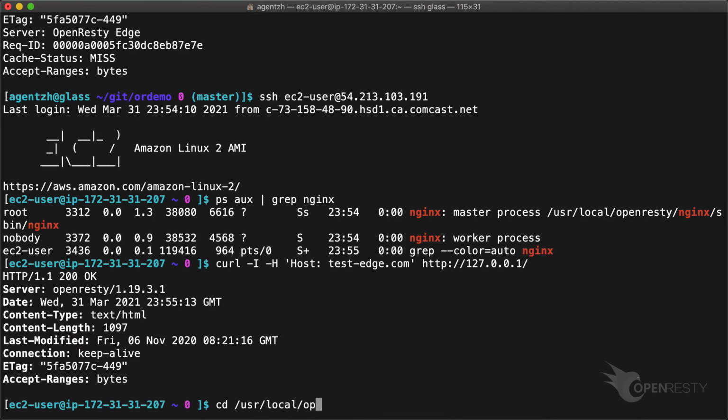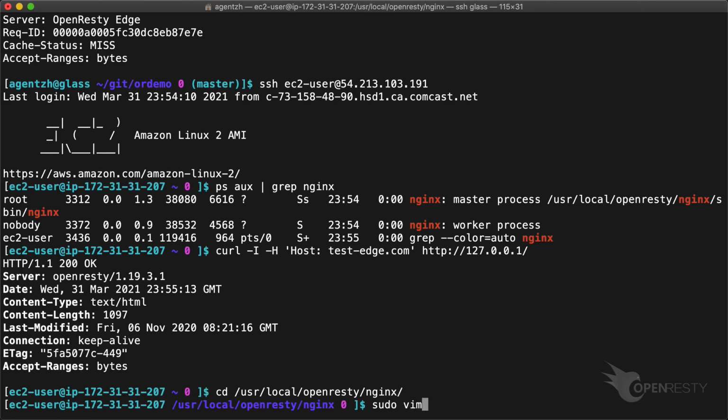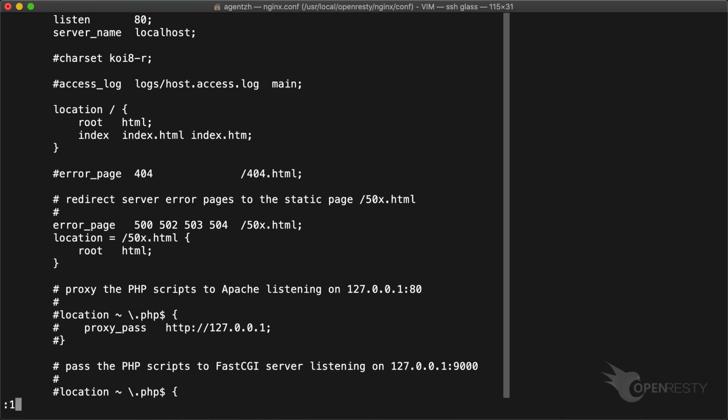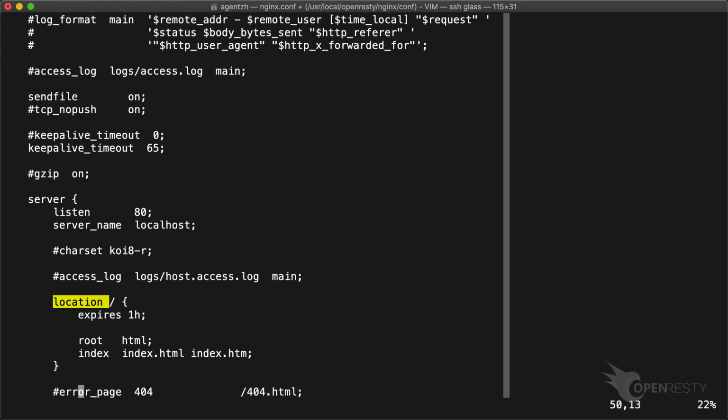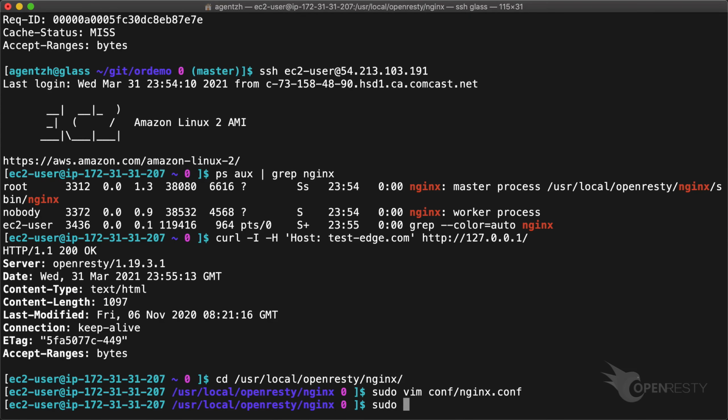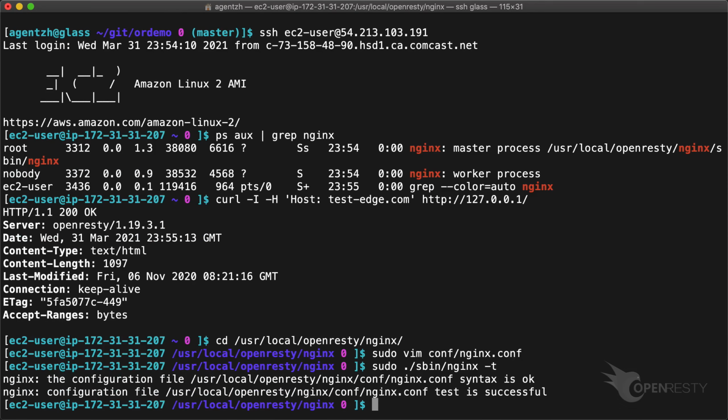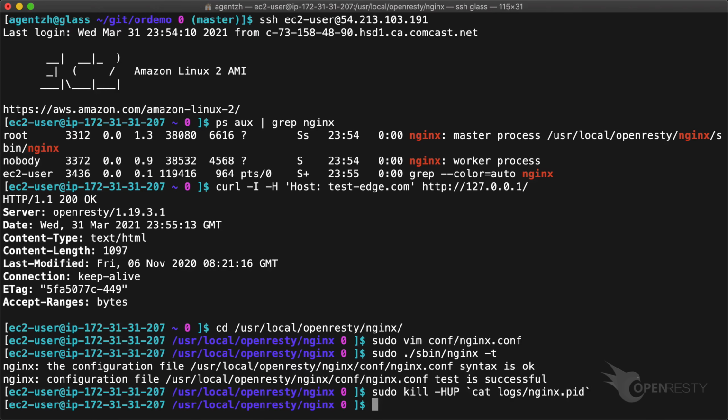Now let's reconfigure our backend server. Open the Nginx configuration file. Find our root location. And add an expiration time of 1 hour. Note that the backend server can define different expiration times for different locations. Or disable the cache completely for certain responses. Save and quit the file. Test if the Nginx configuration file is correct. Good. Now reload the server. Note that for open source Nginx servers, the configuration is also the same.